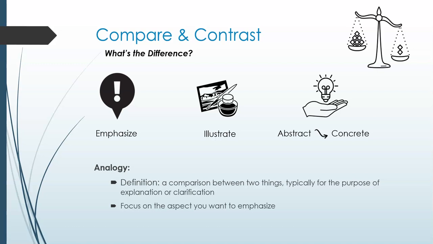One final point about comparison is how you arrange it. There are two basic methods. One method is block organization, where you state all the relevant qualities or characteristics of one and then switch and discuss all the characteristics of another. This can be a useful method if you don't have very much to say, just one or two relevant characteristics for each. However, it should be avoided in a longer comparison, since it basically makes the reader do the work